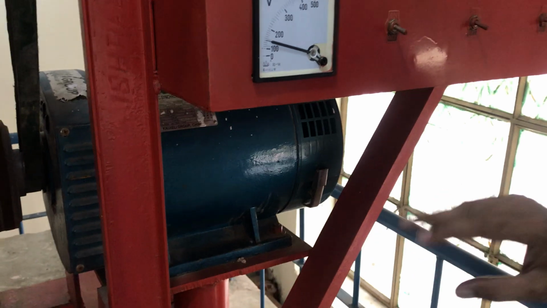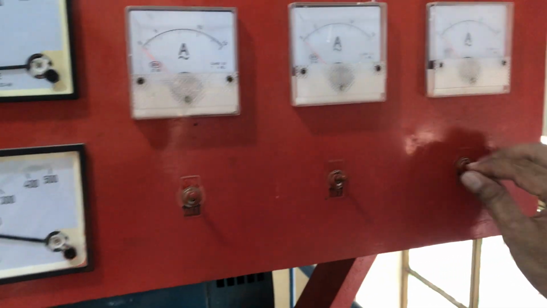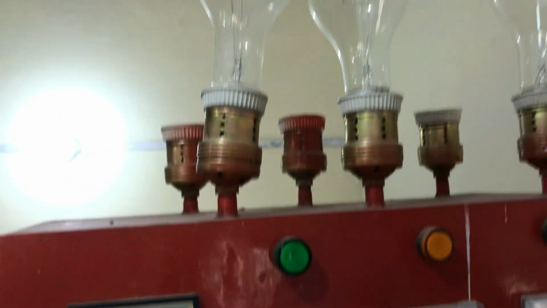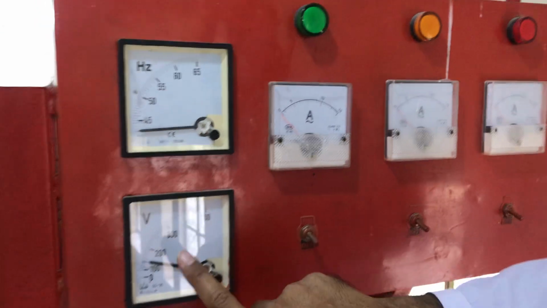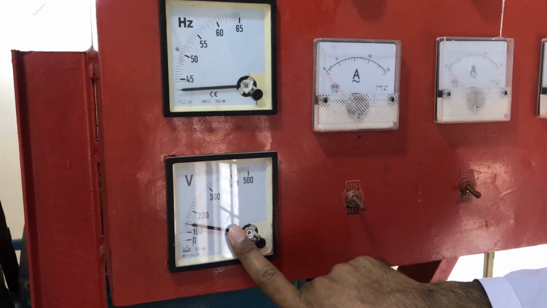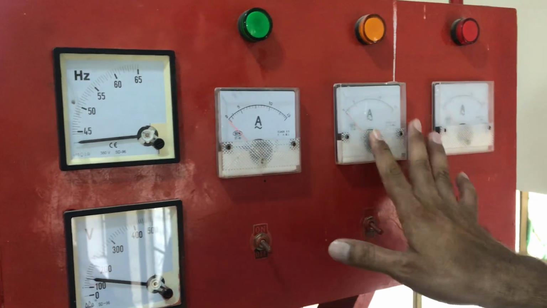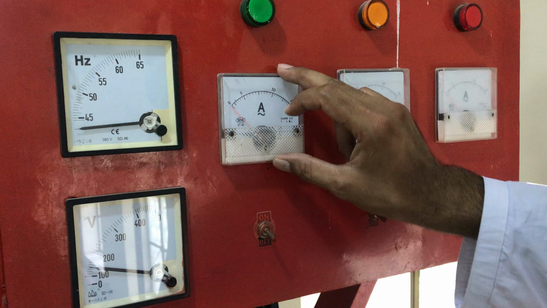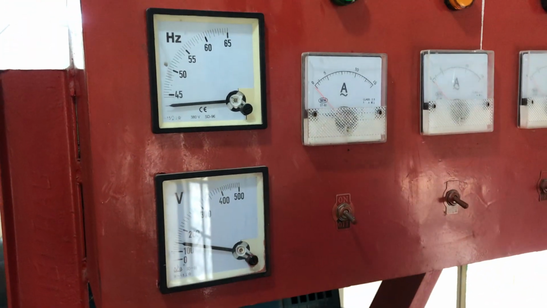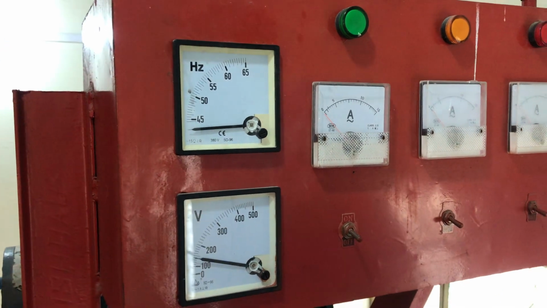This synchronous generator, when it rotates, you can switch on different loads, these 3 loads, and the bulb will be on. This is the electrical power of the generator, and you can see the voltage with the help of the AC voltmeter, and the 3-phase currents of each phase. Each phase is connected with an ammeter. So the product of voltage and current, and you can find the frequency also here, and you can find the output power, the electrical power of the generator.